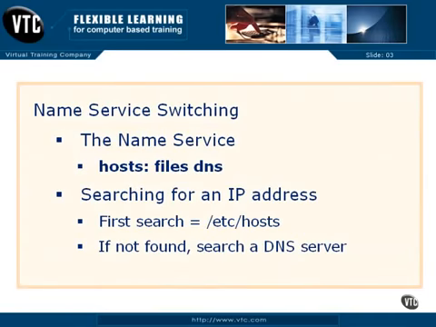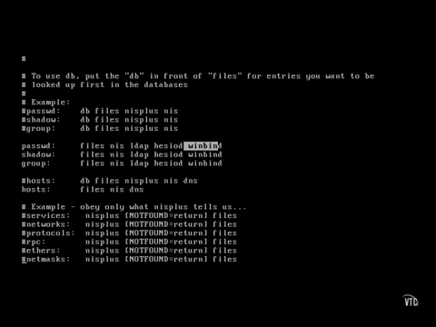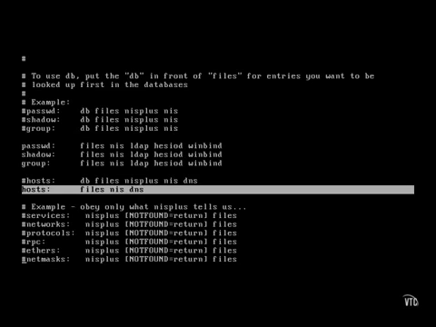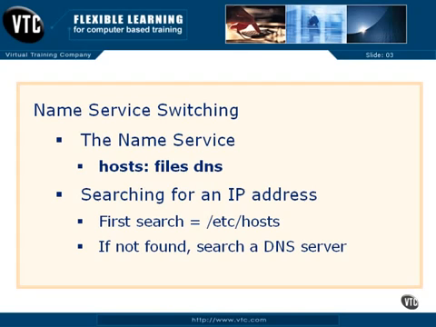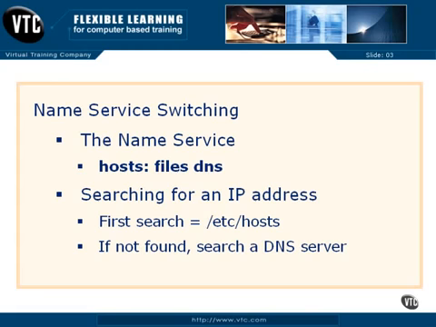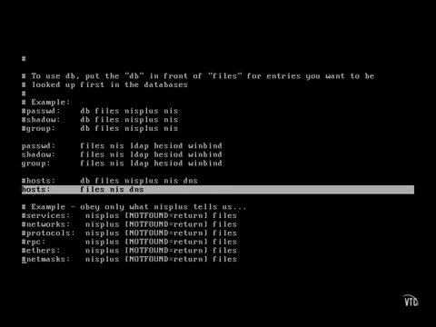Name service switching can also apply to other search areas, such as name service. Imagine that. Take a look at the following directive. Hosts: files. The original version of this directive had hosts: files dns, which means that a system which needs to translate a host name to an IP address first searches through the /etc/hosts configuration file before searching through a DNS server. But the directive as shown here, since NIS is enabled, means that